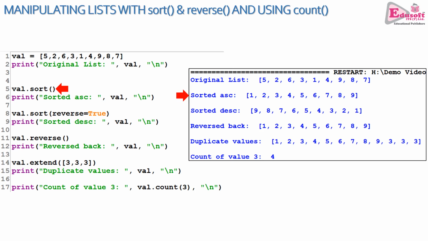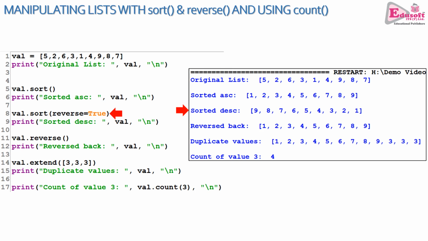When you display it, all the contents are displayed in a sorted manner. Sorting can be done in ascending or descending order also. For descending order, you have to use an argument called reverse, and set it to true, as you see in line 8. And the output is sorted in reverse order.